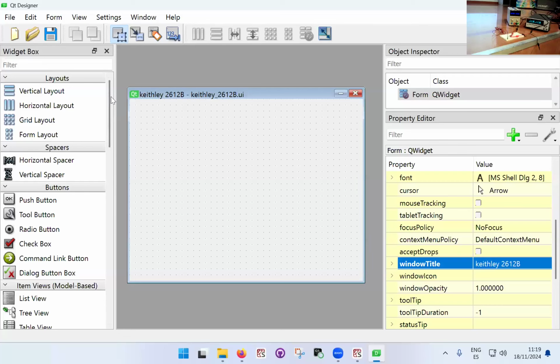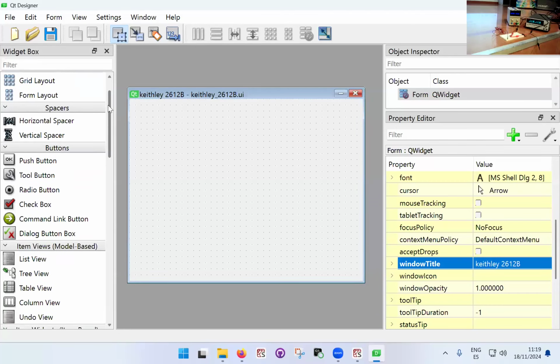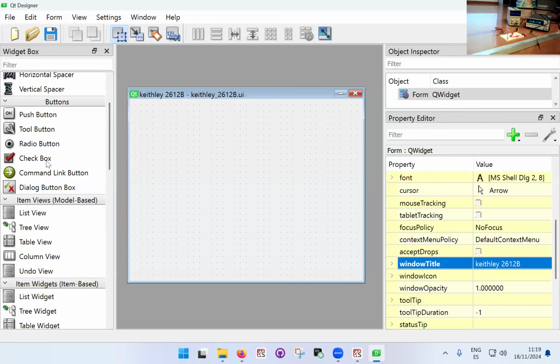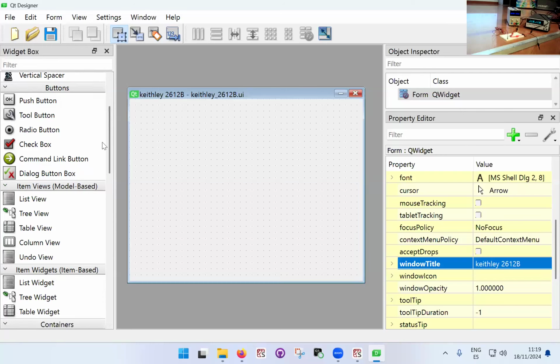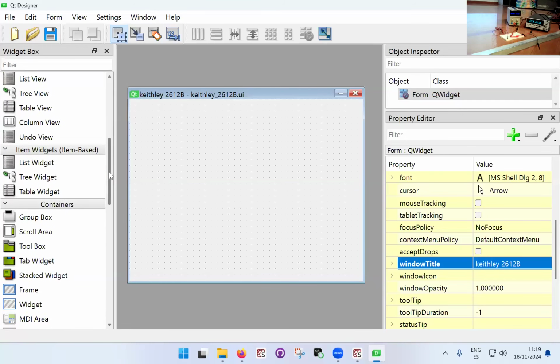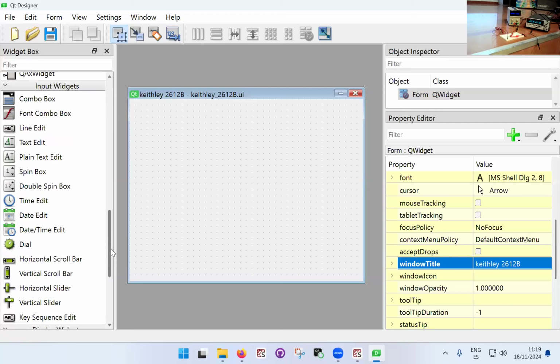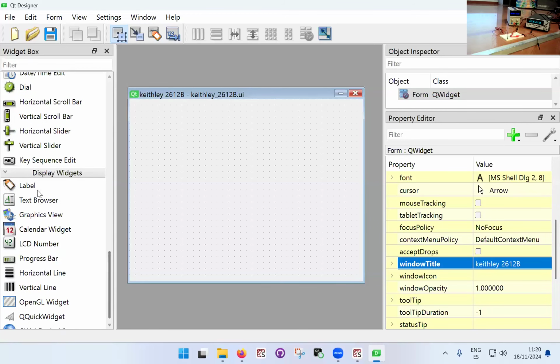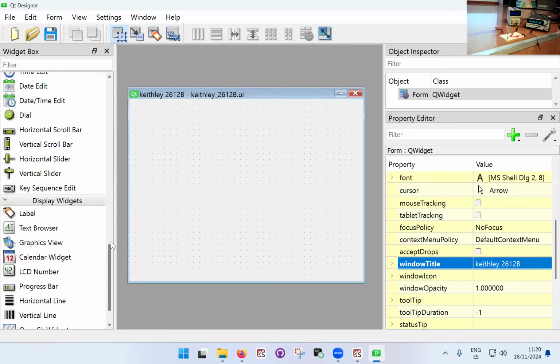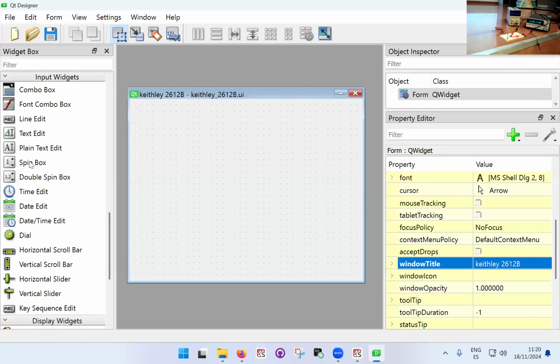Okay, so here on the left, you have a drag and drop interface where you have all sorts of different typical graphical interfaces. You have the push buttons, the radio buttons, the check boxes. You have a whole bunch of things, really. The ones that we are interested in are text labels, spin boxes, which are, well, it's the typical,